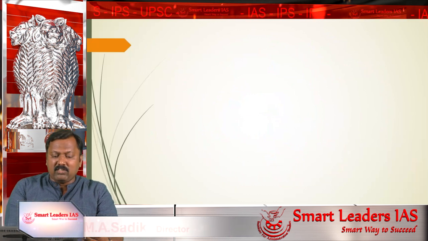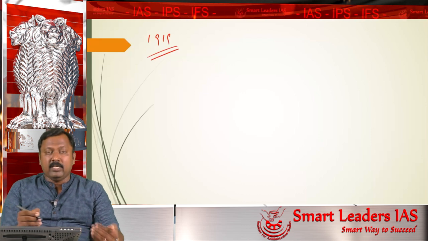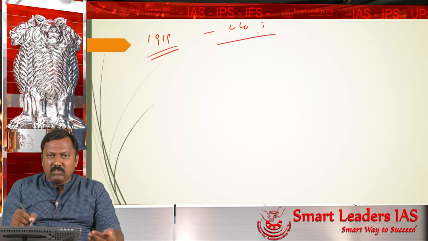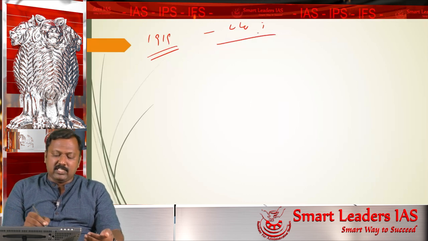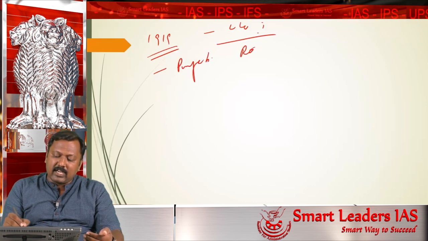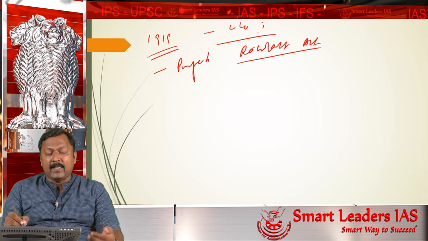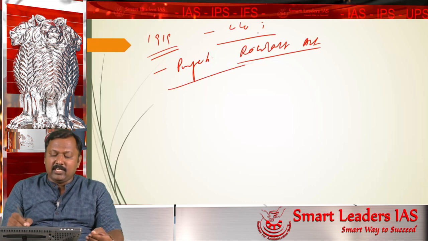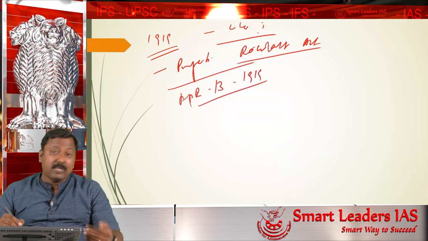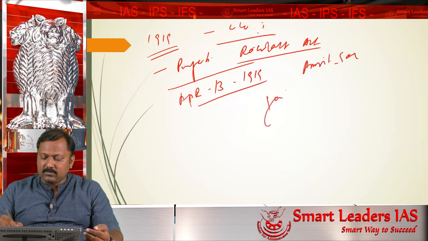Then we have another important event which happened in 1919. 1919 is very important because of the events which followed it. In 1919, you must know, World War I came to an end. This is associated with many problems in India, because during this time they passed an act which is called the Rowlatt Act. The problems associated with the Rowlatt Act and the anti-Rowlatt agitation led to an important event on April 13, 1919, in a place called Amritsar, and this is called Jallianwala Bagh.